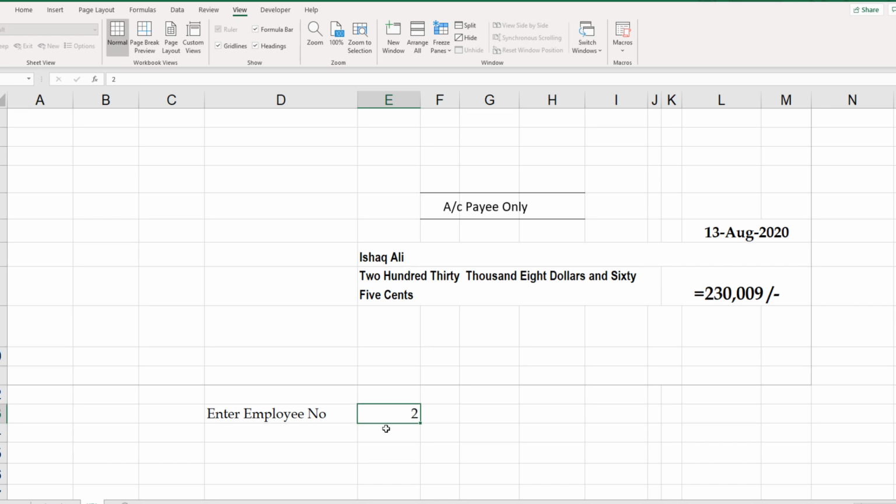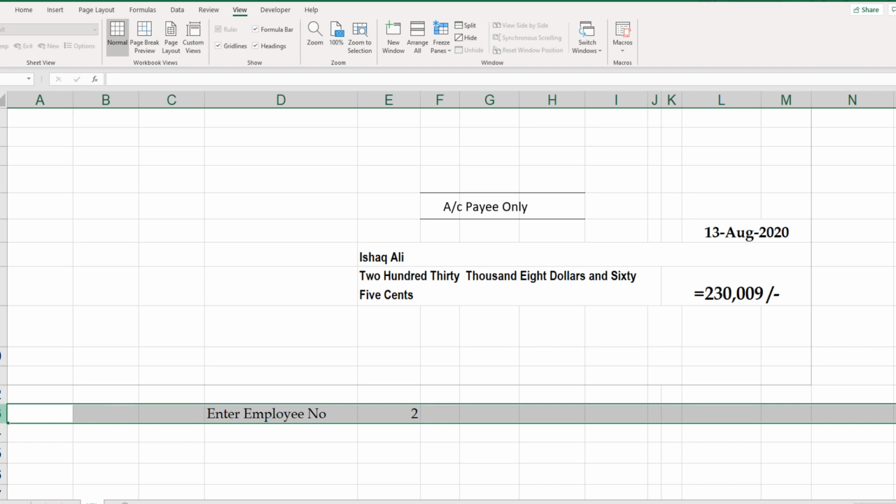so there is only one last part: we do not want to change this number manually, rather we want this to change through a macro. So in Excel, in Visual Basic, the cell reference is a little bit different. So now let's go to Visual Basic again. Let's count where we stand.